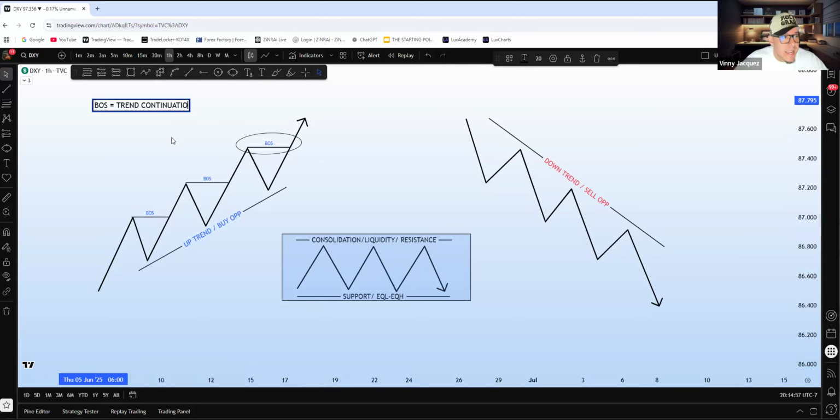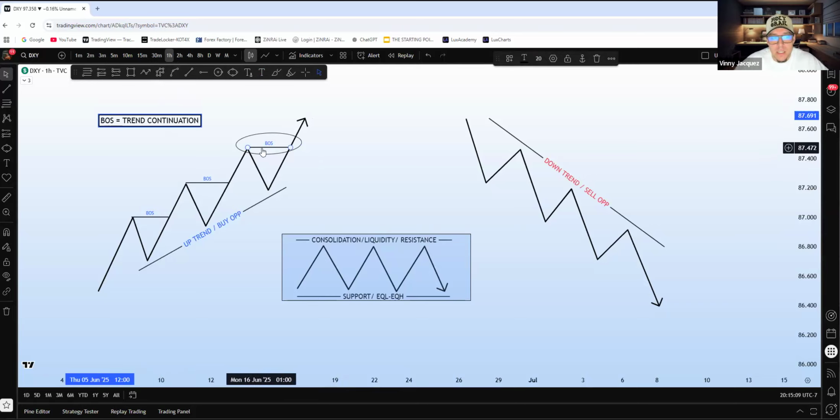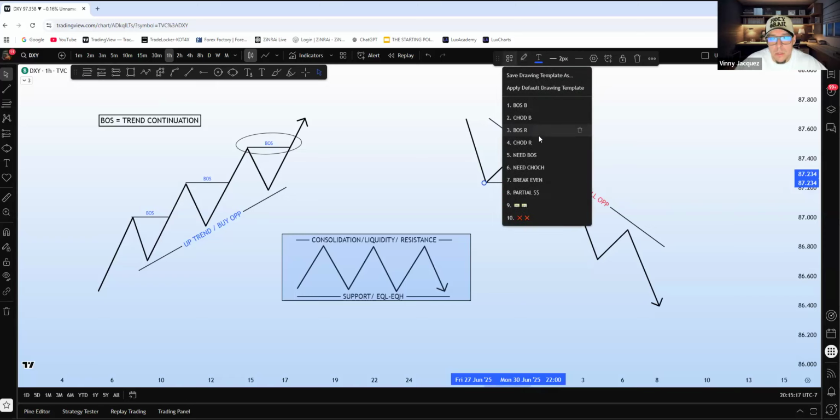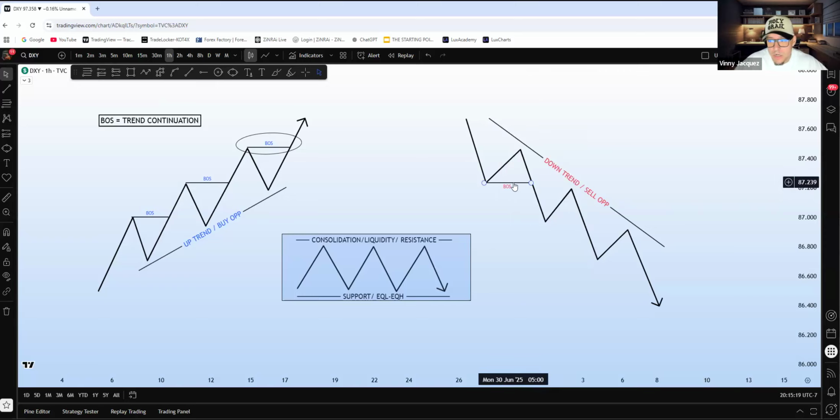Can't spell, can't think today. When we're able to see a BOS, this is telling us the market wants to continue the trend. Again, whether it's to the upside or to the downside, if the market is in a downtrend and we see our breaks of structure to the downside,